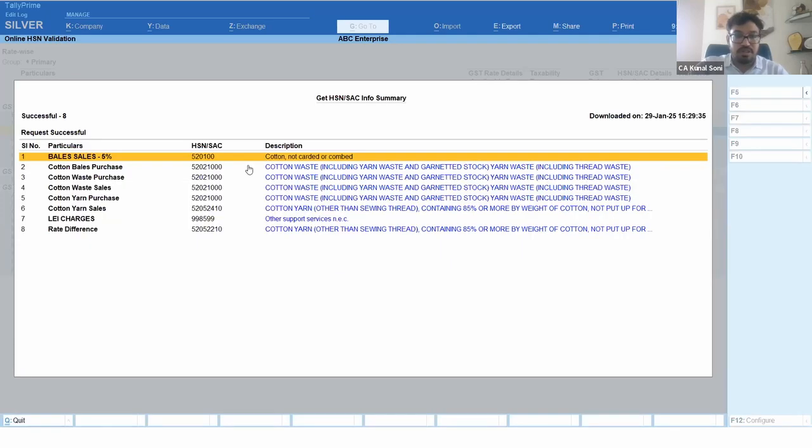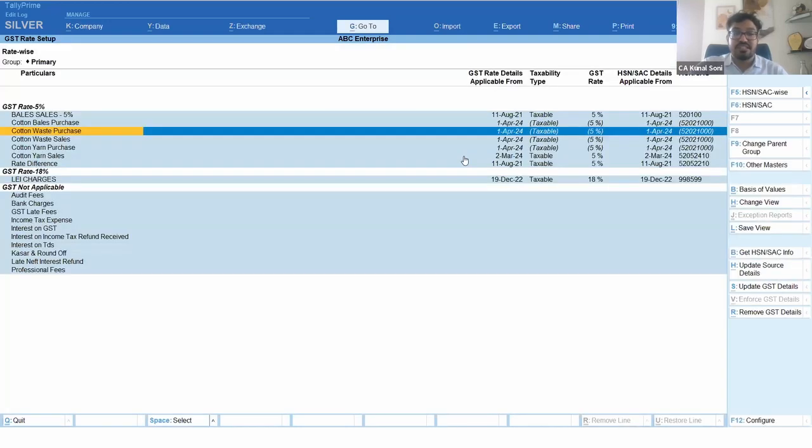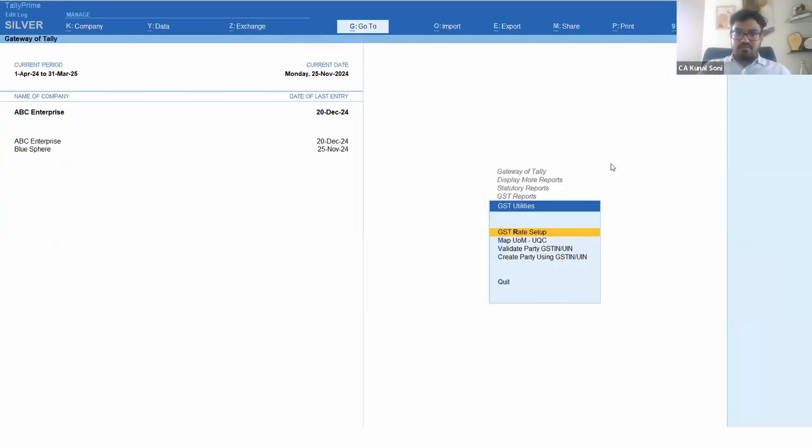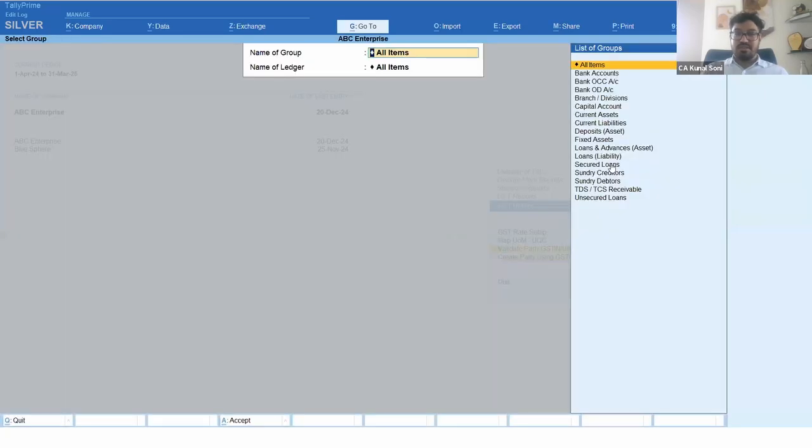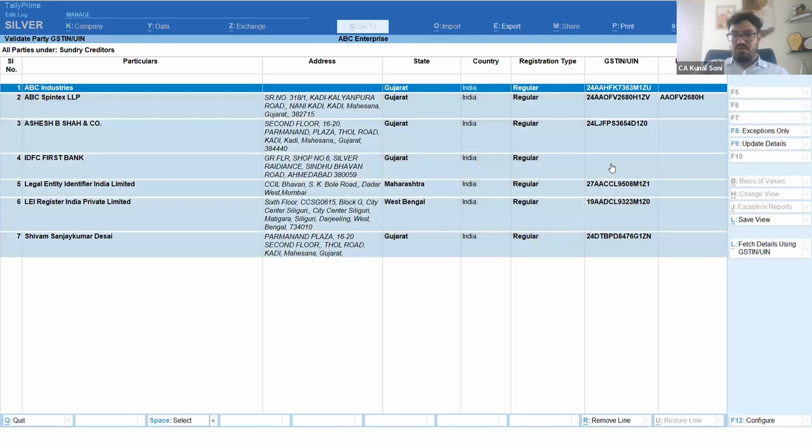So now see, for all these that were entered, it verified whether those HSN are correct or not. Now see here, one is for SSC code. So even that is displayed here, the SSC codes. And the same applies for the party masters too, that let's say when you select all of them and you fetch the details,